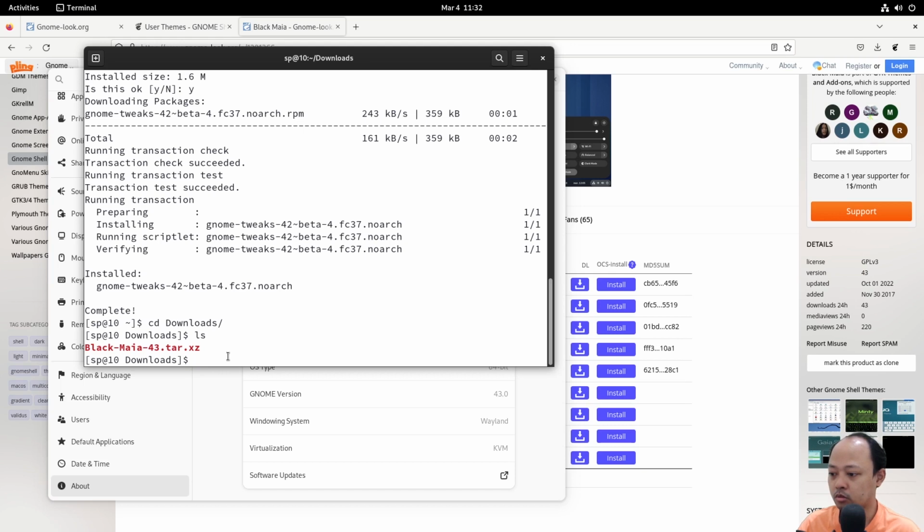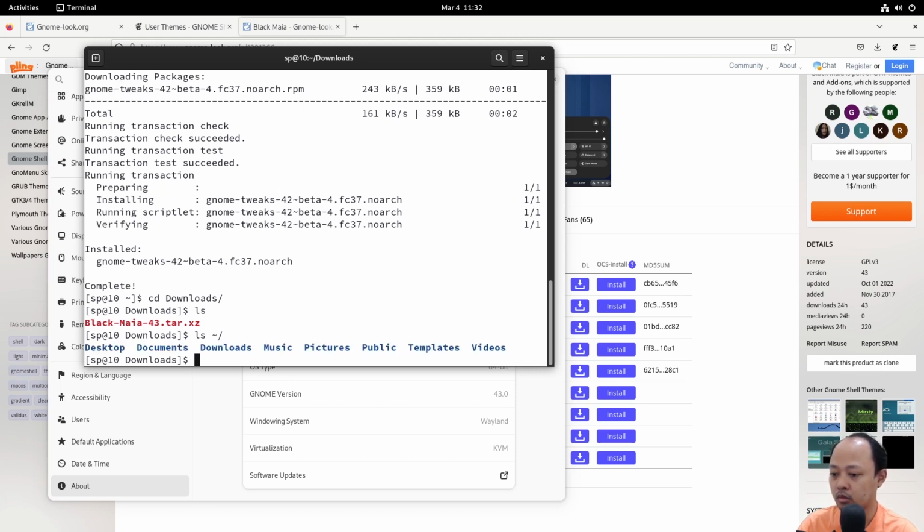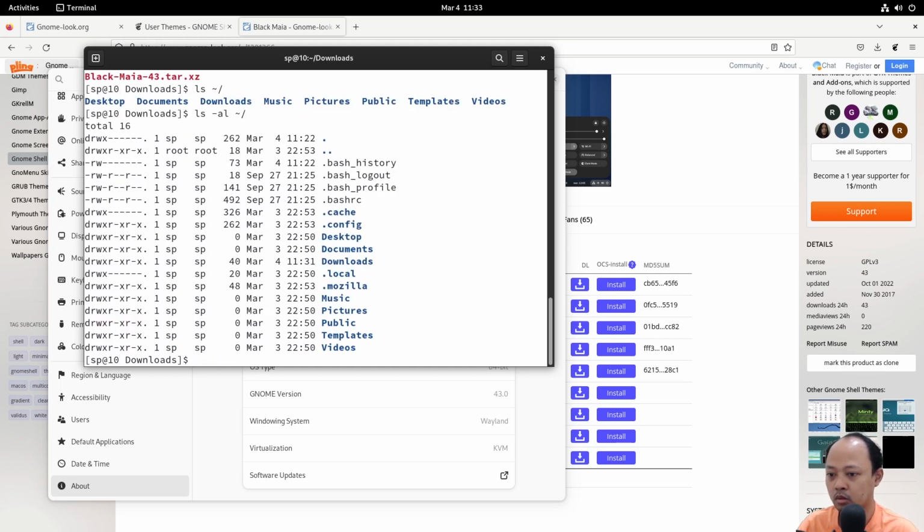And for local usage, we need to put the file into the home folder. Wait, I need to check first. Actually, we need to save this file first in the home/.themes folder, and I don't have it yet, so I need to make it first. mkdir ~/.themes.